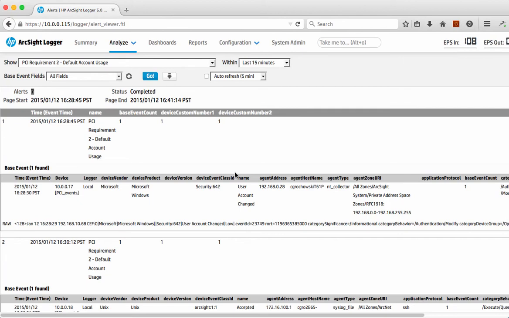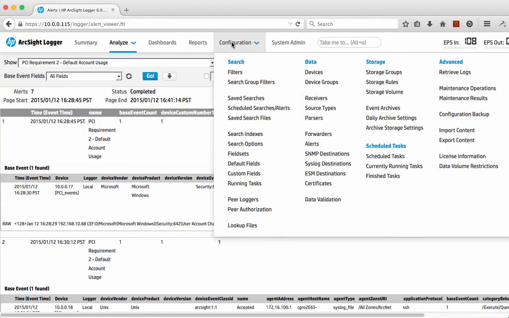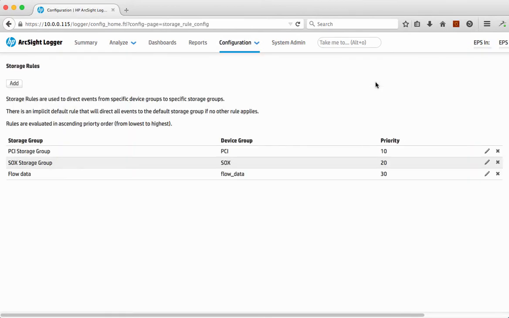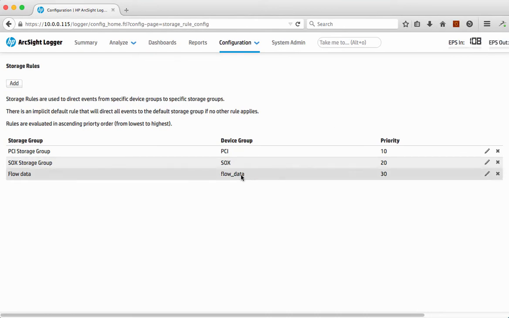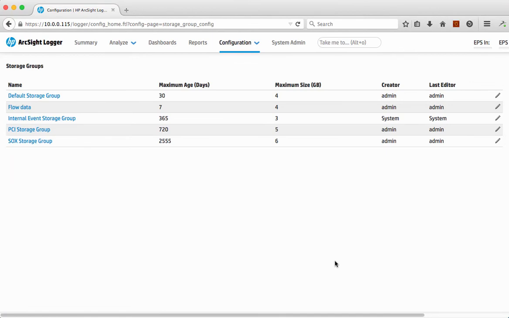So that's one way of doing things, but one of the other things we should be considering as part of compliance is the ability to store the data and have rules around how we manage that. A lot of organizations are not just subject to one compliance standard. It could even be two or more. So we have the ability to define some rules and, on top of that, define some groups for how we want to manage that data. And this is the really clever and intelligent bit: we can tag that data as we receive it and store it in the relevant storage groups that have the mapped